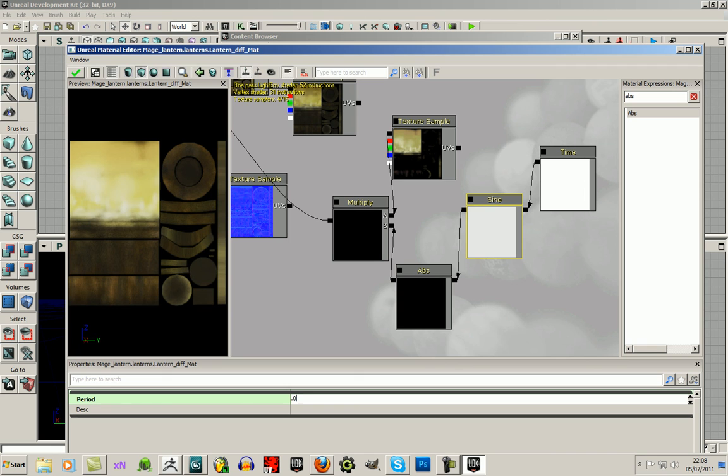So if I just bring that up like 7.77, it will take longer. If I do 0.07, it goes faster and kind of flickers. That's kind of what I want, but a little bit slower. So I'll do 0.2. That's a little bit better, but it's too